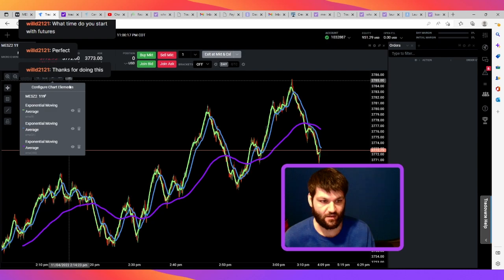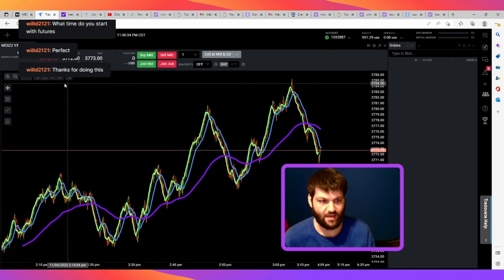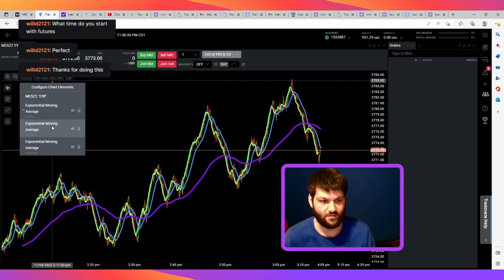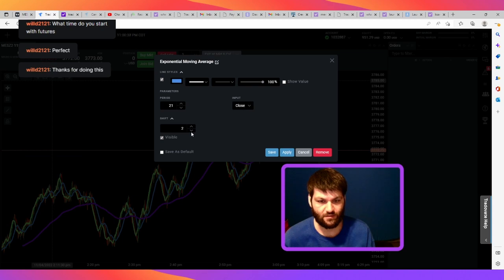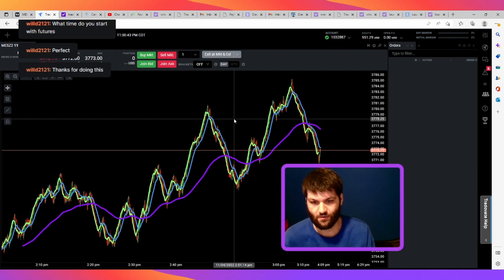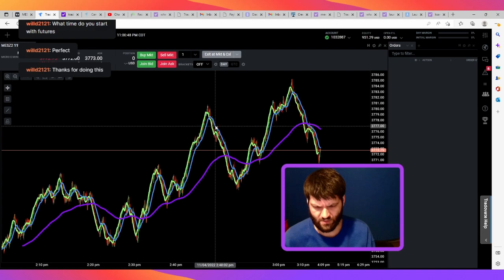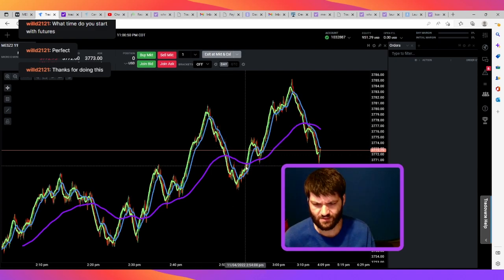So 9, 21, 200, and what I should do is, this should be -6. I hadn't adjusted that one yet, so it's good that I'm doing this, and then this should be 0. Okay, so again, when the 9 crosses below the 21, it signals puts, and when it crosses above, it